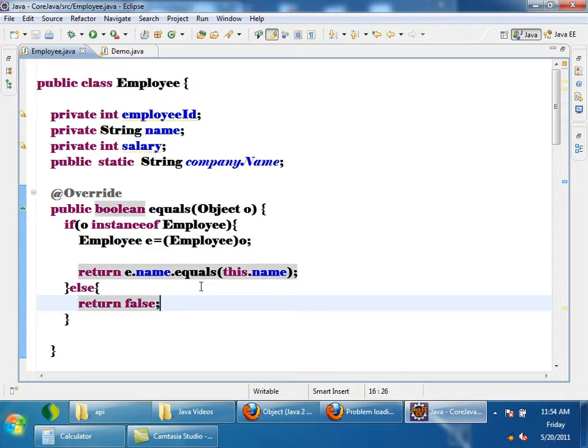If you are passing something other than Employee, it should always return false. If you are passing an Employee object, we typecast and compare, right? This is good. So what you understood here is how to use instanceof.